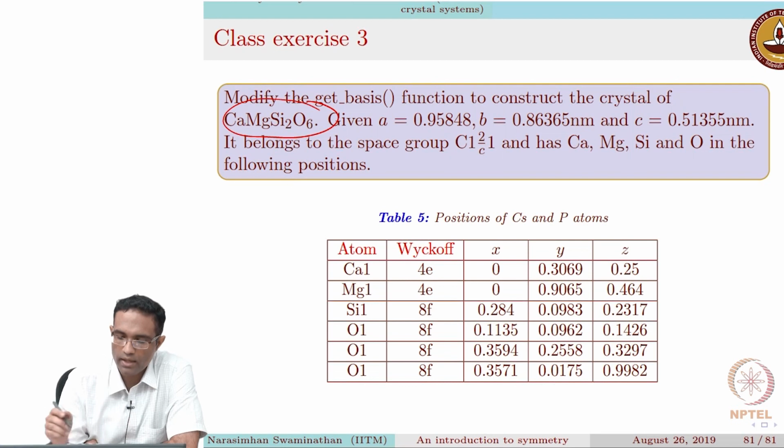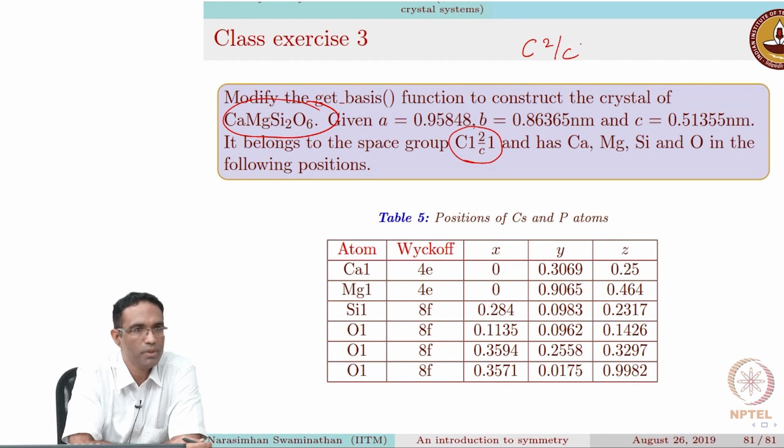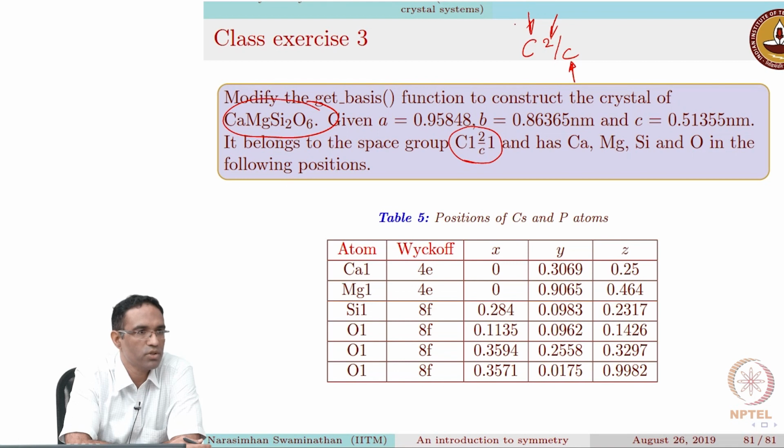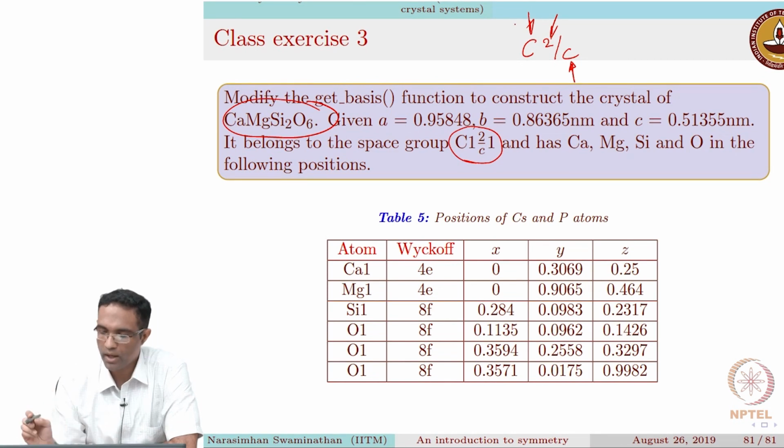CaMgSi2O6, okay, and it is told here that this particular crystal belongs to the C1/2/6 space group, or it can also be written as the C2/c space group, which means that there is a c glide, there is a twofold rotation, and there is also some centering associated with this crystal. C centering is associated with this crystal, okay, and you have been given the a, b, and c lattice constants